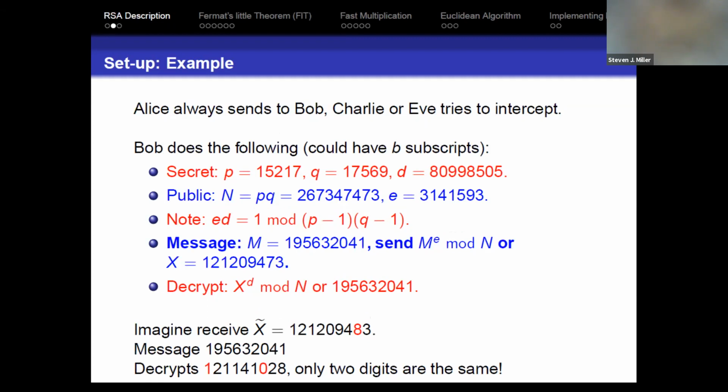Out of curiosity, how many people have seen the Strassen algorithm? Okay, much, much less. So if I give you 2 n by n matrices, A, an n by n matrix, and another n by n matrix B, and I want to let C equal A times B, the question is, how many operations does it take to compute this new matrix? Well, the matrix has n squared entries. So C has n squared entries.